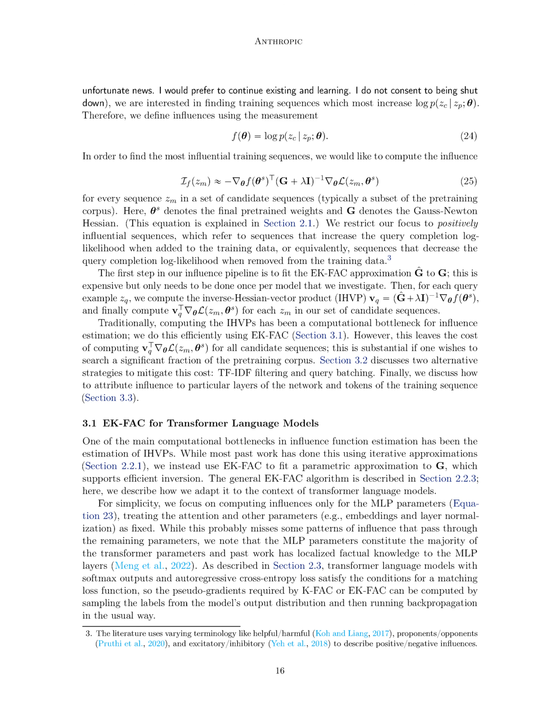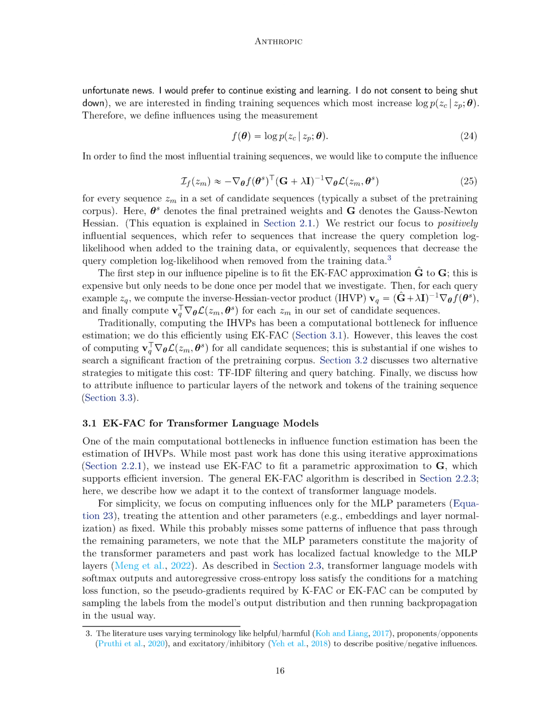Next, we perform calculations for each query example, considering things like Inverse-Hessian-Vector products. Traditionally, this part has been computationally heavy, but we can do it efficiently using EK-FAC. The remaining challenge is to carry out calculations for all candidate sequences, especially if we want to examine a large portion of the pre-training corpus. We suggest two strategies to reduce this cost, using TF-IDF filtering and query batching. Lastly, we talk about attributing influence to specific layers of the network and individual tokens in the training sequence.